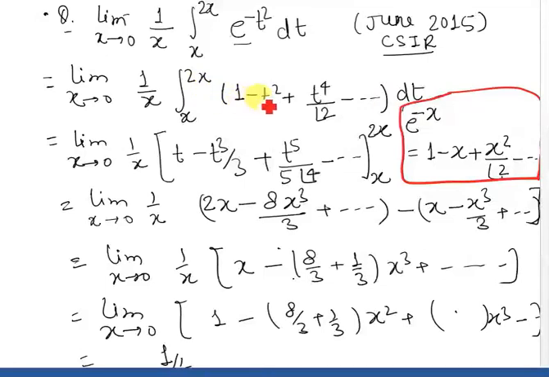So we integrate term by term in here. And the important thing is we are doing the term by term integration. So what is the condition under which we can do the term by term integration? It is not always possible to do the term by term integration, so there is some condition.